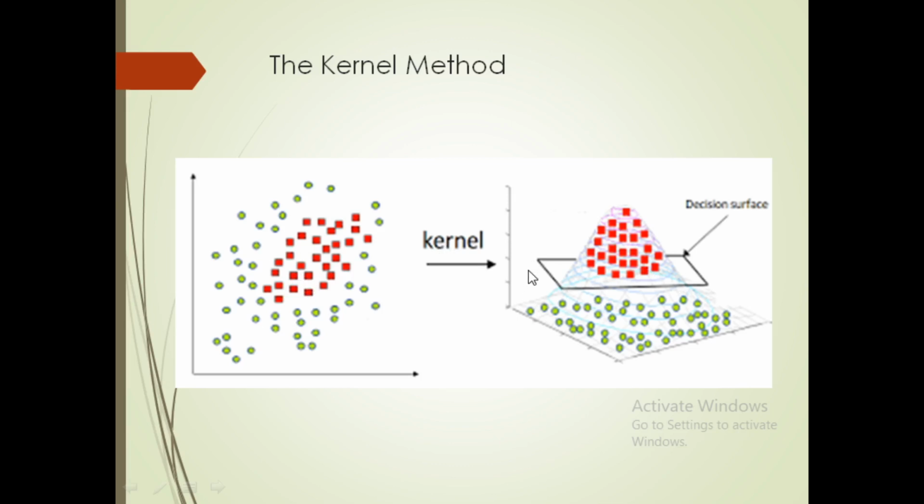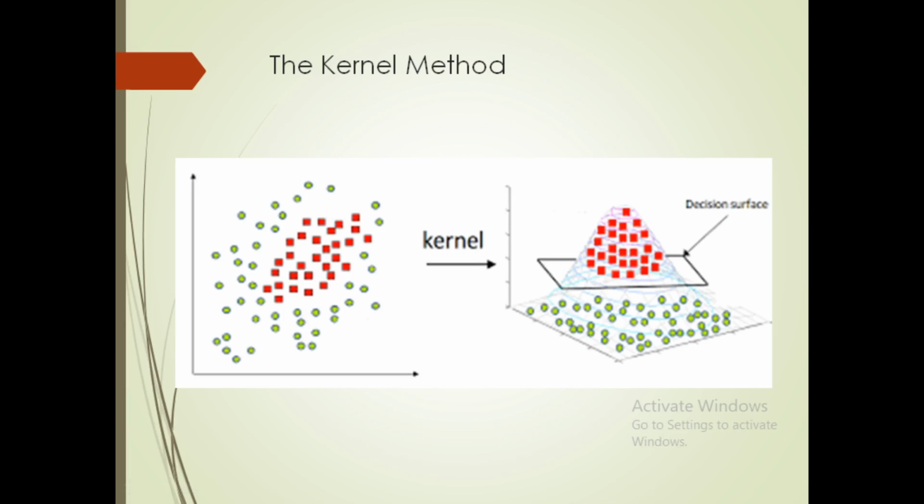Then we can see over here we have got a plane, a hyperplane. This hyperplane is used for decision making, right? Here you can see these are all the points above the hyperplane. They belong to a square class, and the things that are below this hyperplane belong to a circle. Here we have considered two-dimensional data and we have converted it into 3D.